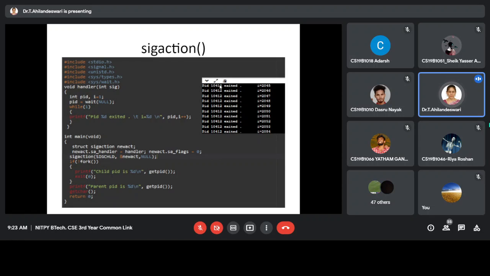See the output here: which process exited, we are printing. The child process exited. I am pressing Ctrl C here, but it is not accepted. So sigaction won't accept any signal other than the one you specified. When you are executing the current handler, if you press other signals, it won't accept.